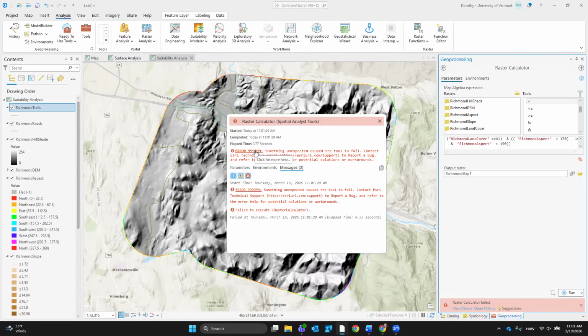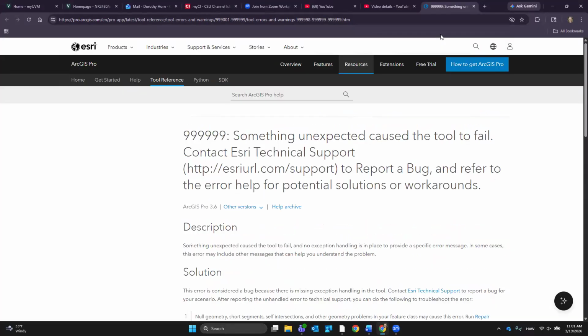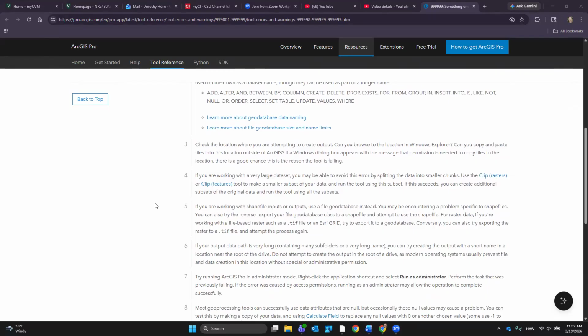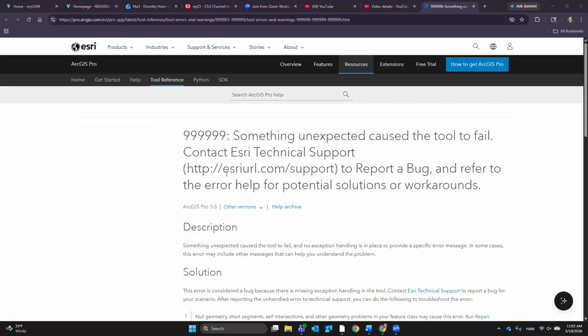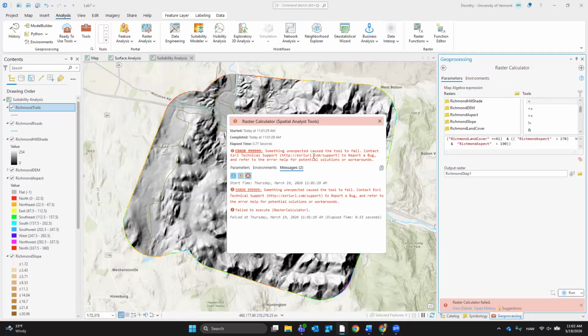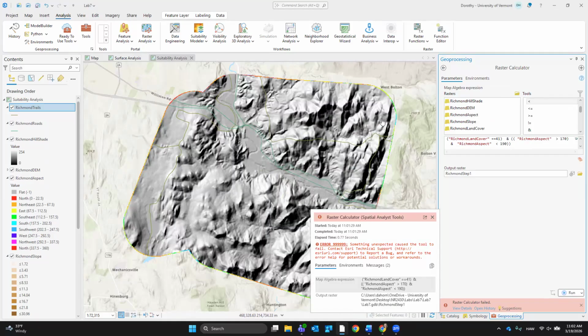So here I can click on it, and let's see. This is what you should always do with an error. It's taking me to, oh, it's a bug. So it's literally not something I did. There's a bug. Does this mean I have to stop doing GIS? No, nice try. I'm gonna go back to my GIS. This is what I do when there's a problem like this.